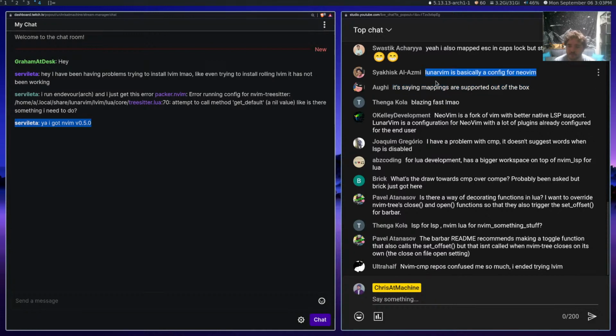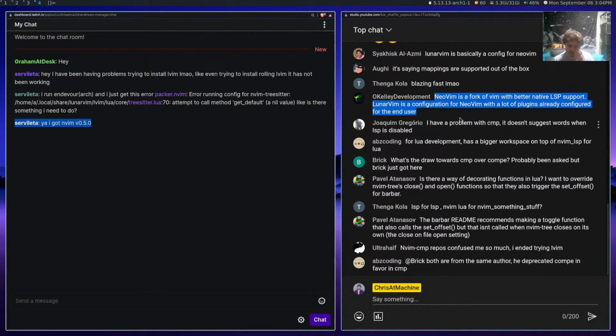LunarVim is basically a config for NeoVim. Yeah, basically. It's saying mappings are supported out of the box. Blazing fast. If it's not blazing fast, I don't want to use it. NeoVim is a fork of Vim, with LunarVim's configuration for NeoVim. Yeah, basically. It's kind of like you could just skip to the fun stuff instead of trying to make CMP work. Who wants to legitimately make CMP work? This is not going to be like, you know...